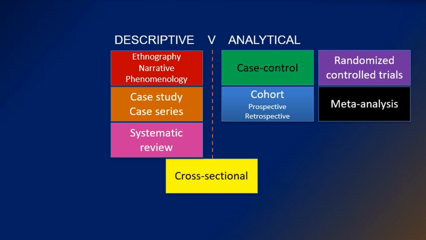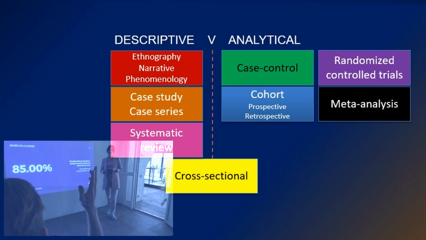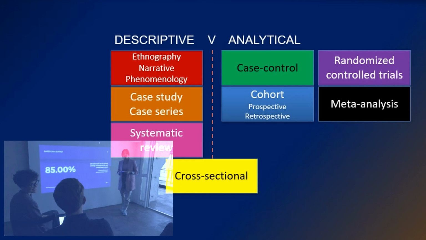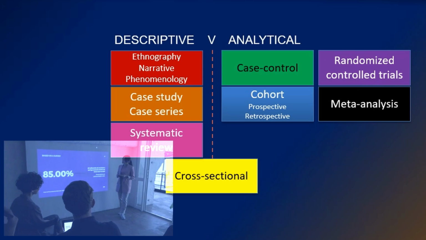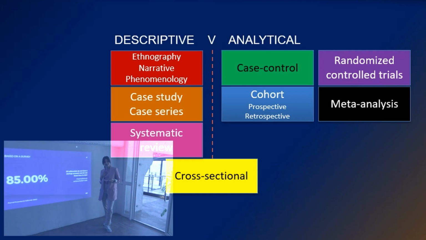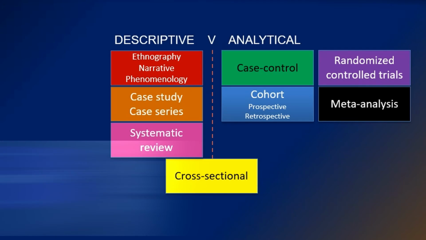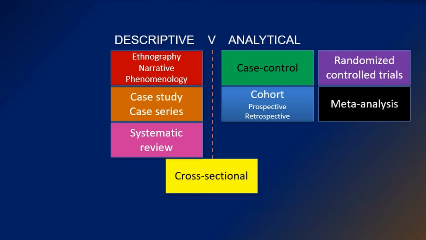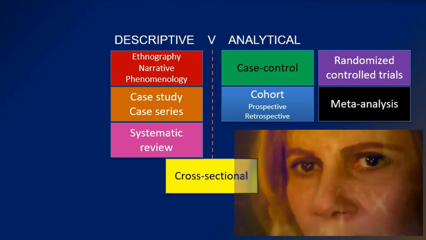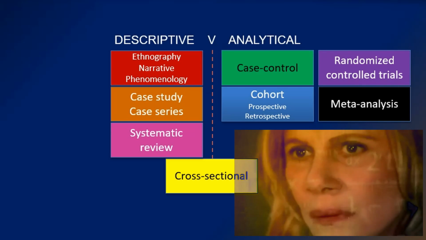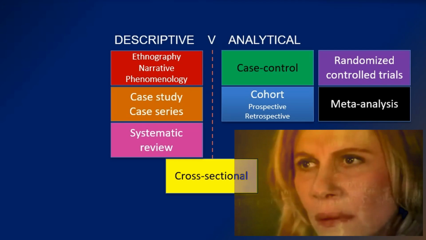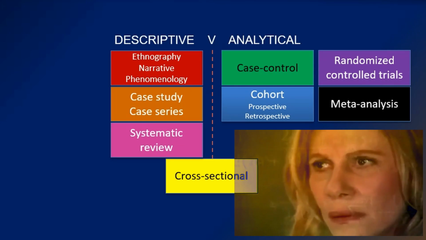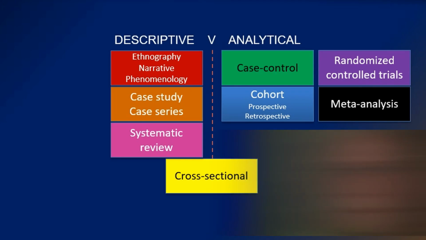Descriptive versus analytical studies. The main goal of descriptive studies is to just present data that is gathered in nice charts or tables in order to, well, describe the population based on the variables of the study. A common descriptive study is a prevalence study. Analytical studies, on the other hand, have the goal of using maths and statistics, usually to compare groups or determine effect sizes, establish the so-called statistical significance, or determine how strong the association is between two or more variables.